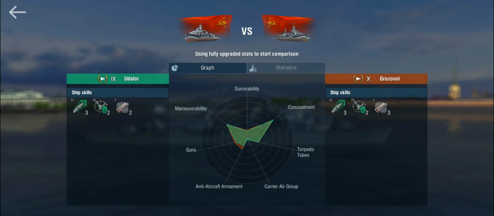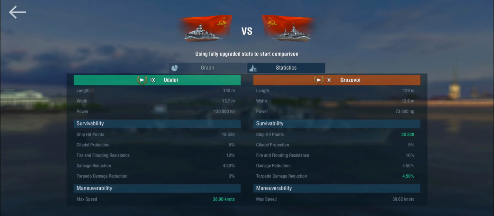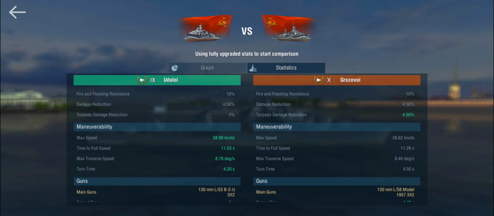Now we see that the equipment is almost identical. The Grozovoi gets one more smoke. But let's start taking a look at the numbers. So the Grozovoi gets a little bit more hit points, but is noticeably not as good in terms of maneuverability